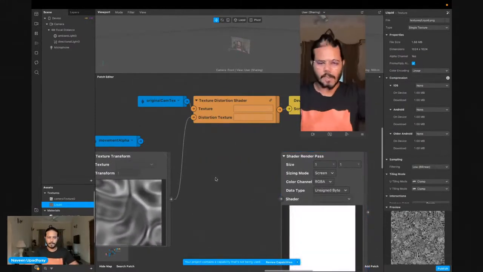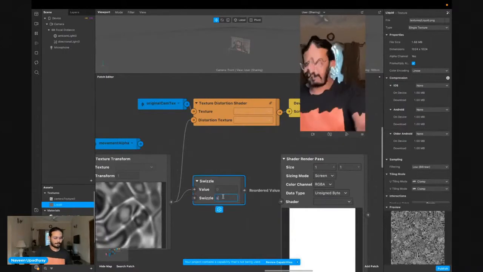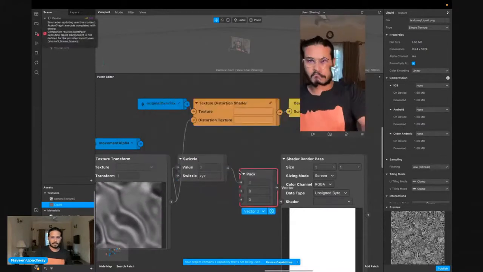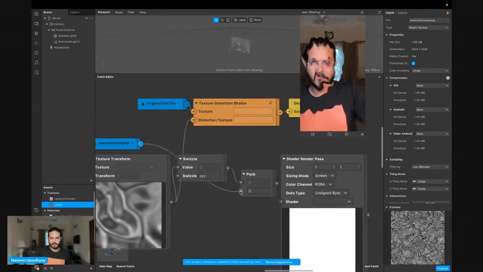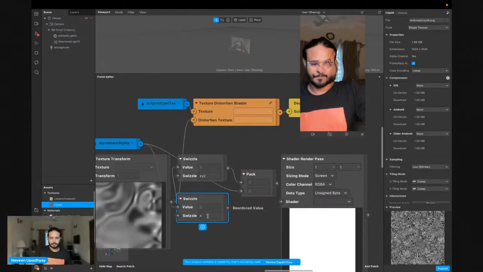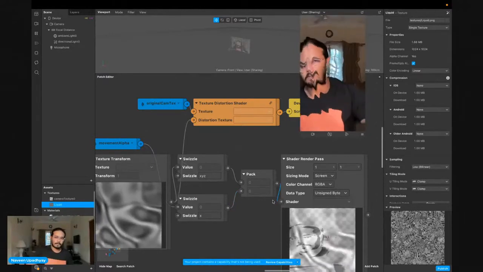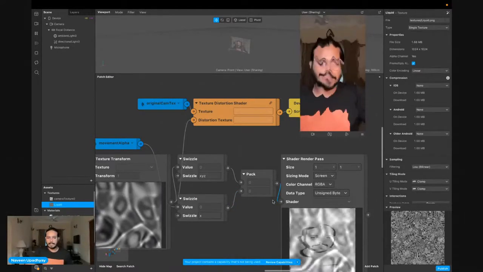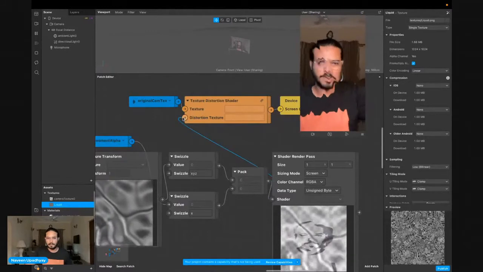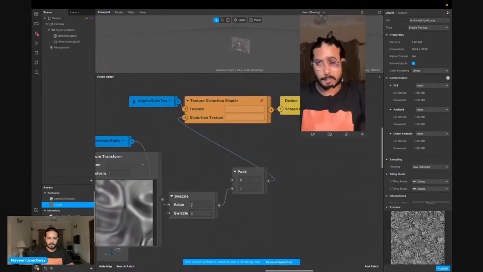Okay, I can swizzle it to XYZ, so I'm taking the RGB of this and then maybe packing it with the alpha which is coming from here, and then I have to swizzle this as well. I see a bit of promising results, but let's try it out. No, it's just doing it for the entire screen. So we need another method for this. Probably